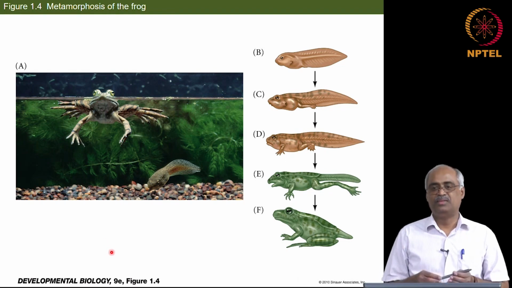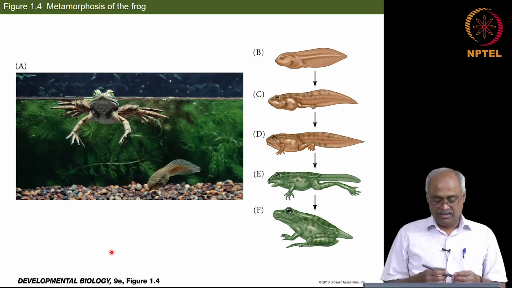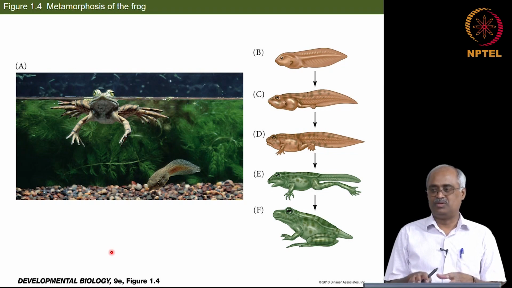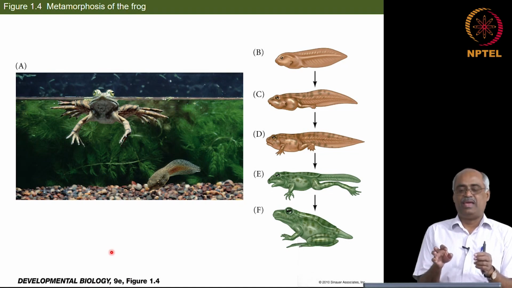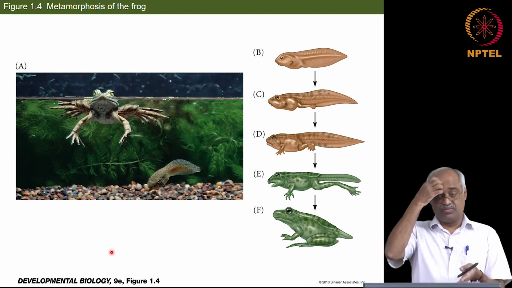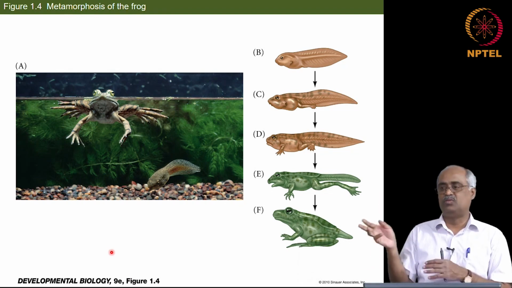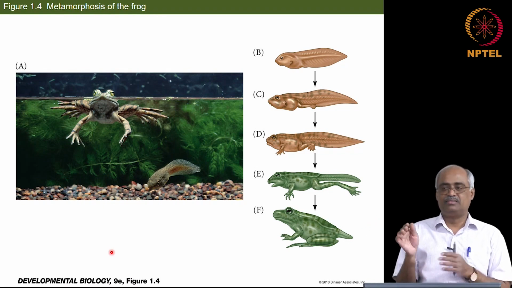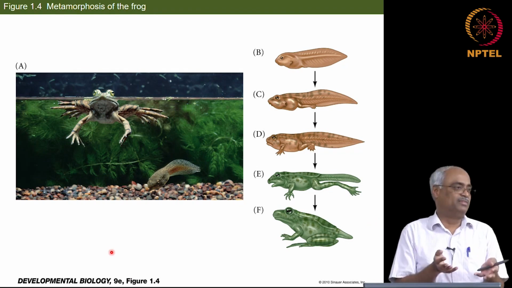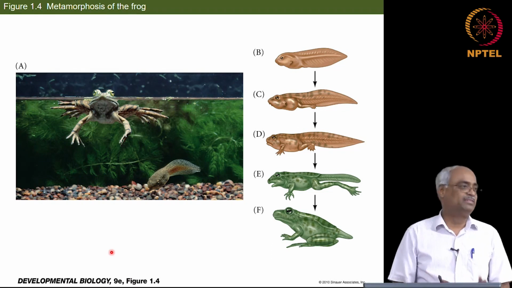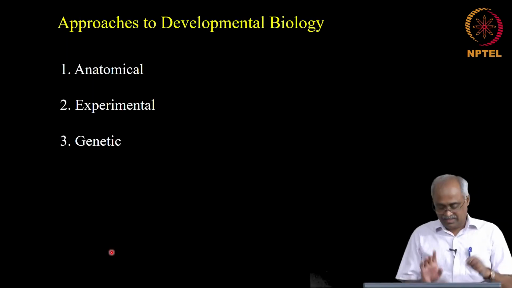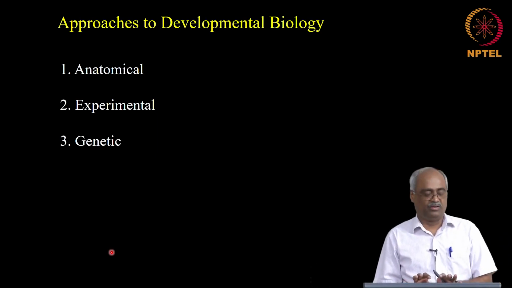And since it is not this obvious in many organisms that we encounter every day, including human, we do not really worry too much about it, but it is a remarkable change that happens. It is just that this process has been either exaggerated in some organisms like frogs and butterfly and silkworm, etc., and kind of reduced in some other organisms like human. The changes are not that remarkable, but the basic process remains and it is conserved. Alright, so that is some in depth into one organism's life cycle.